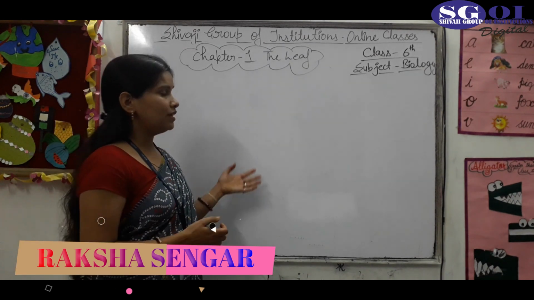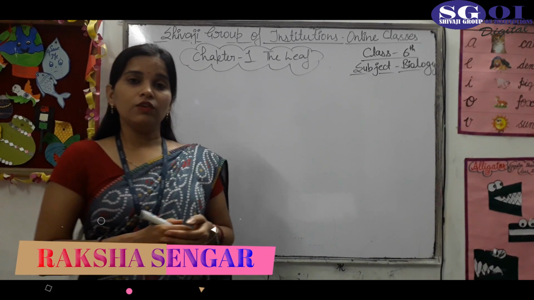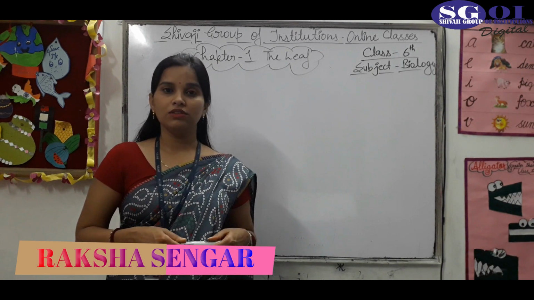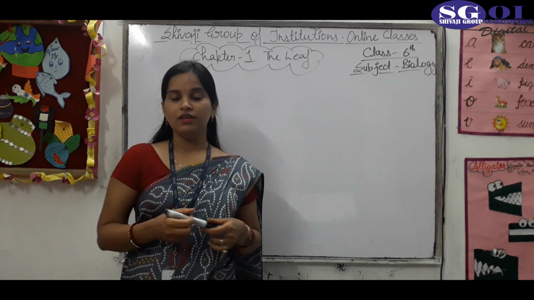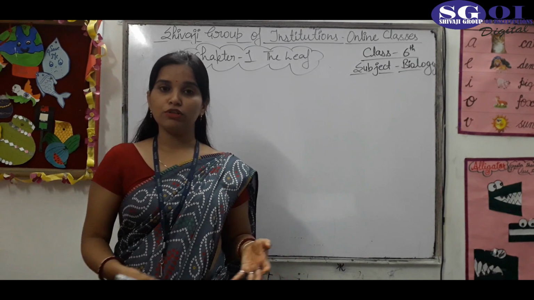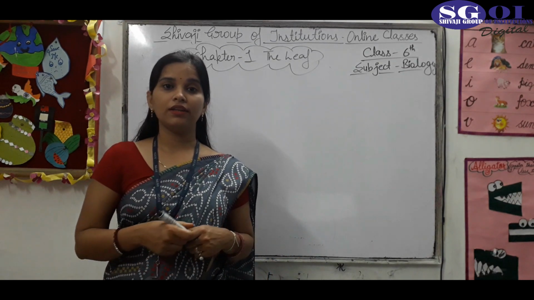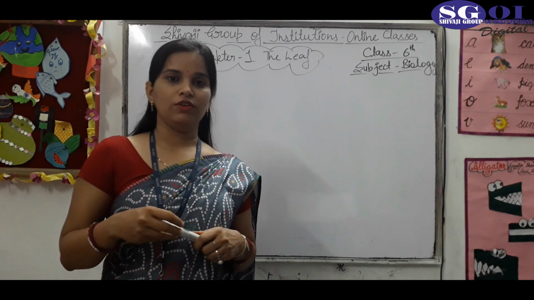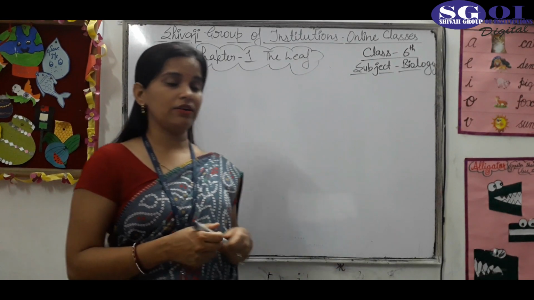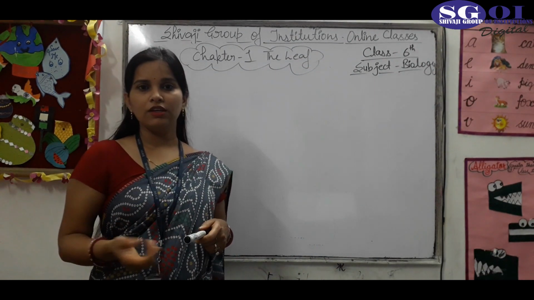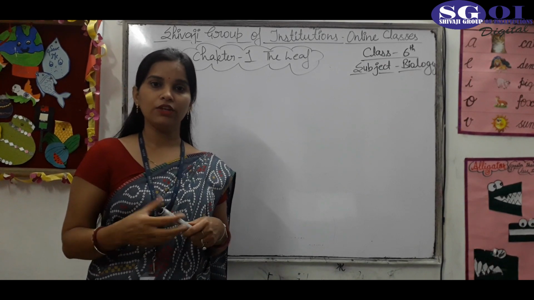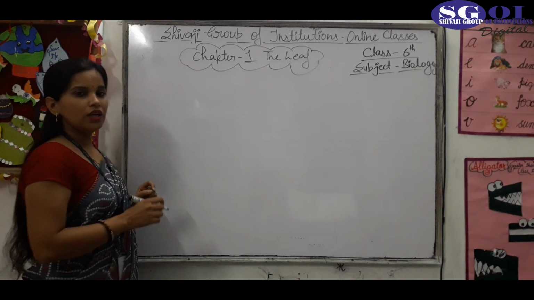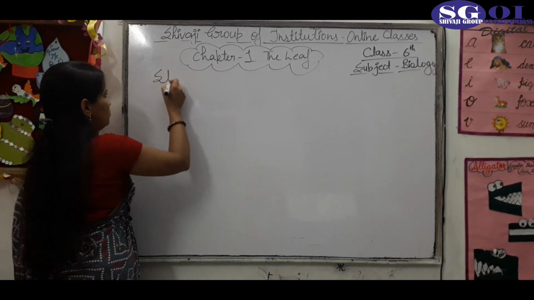So what is leaf? Actually, leaf is the green color structure which is found on the plants, and it is different in shape and size. When you visit a garden, you see various kinds of plants, and the green color structure present in the plant is called leaf. You generally see the leaves in your daily life. So students, today we will discuss the structure and function of the leaf. So what is the structure of the leaf?